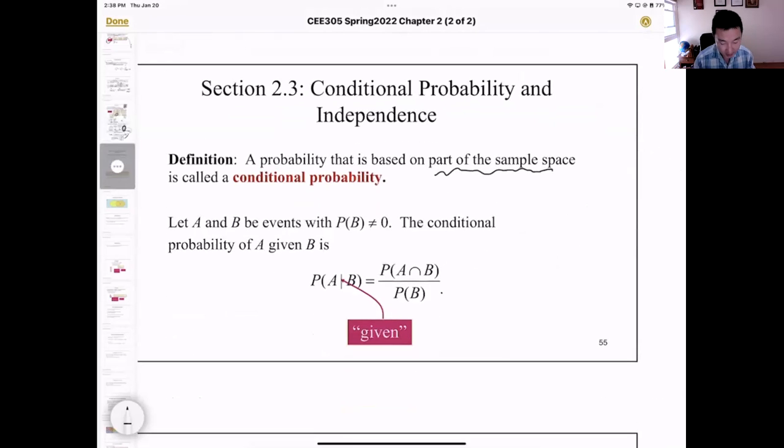Okay. And how can we write conditional probability? We use probability of A given B. So this line simply means given. It's not divided by B. Given just means probability of A given the condition of B is equal to this. Okay, and provided event PB is not equal to 0,